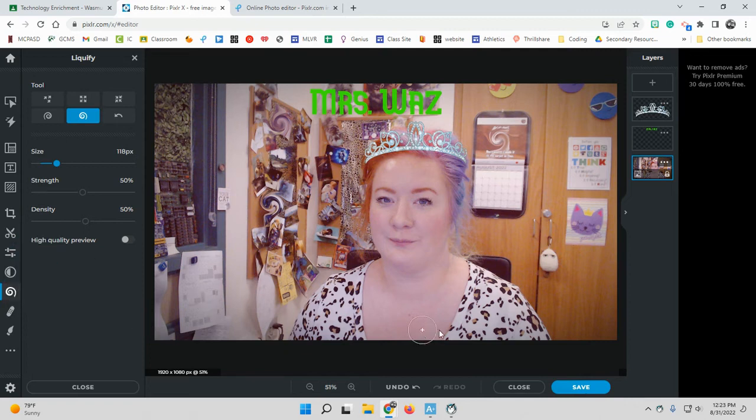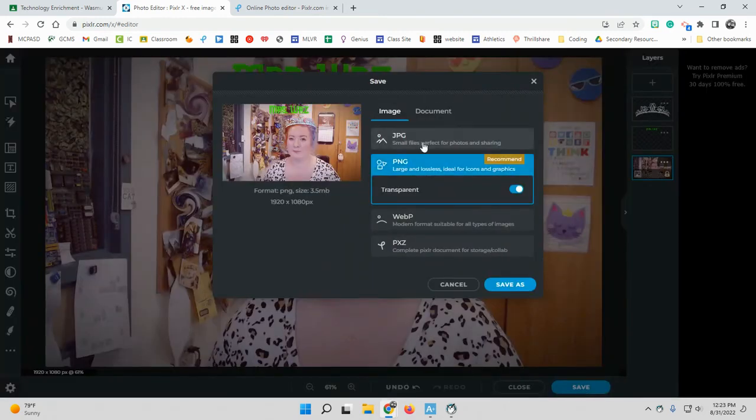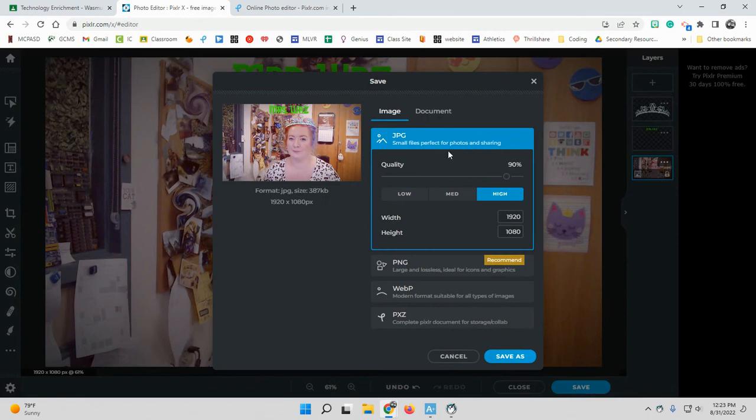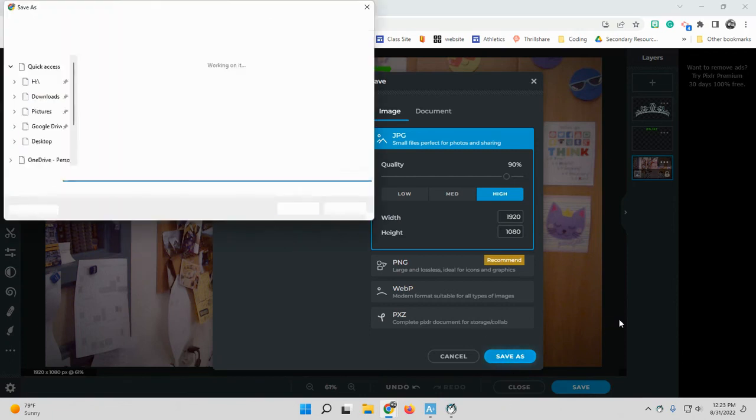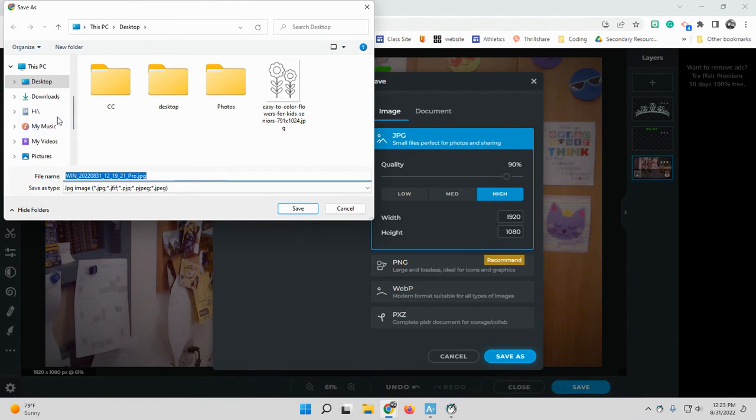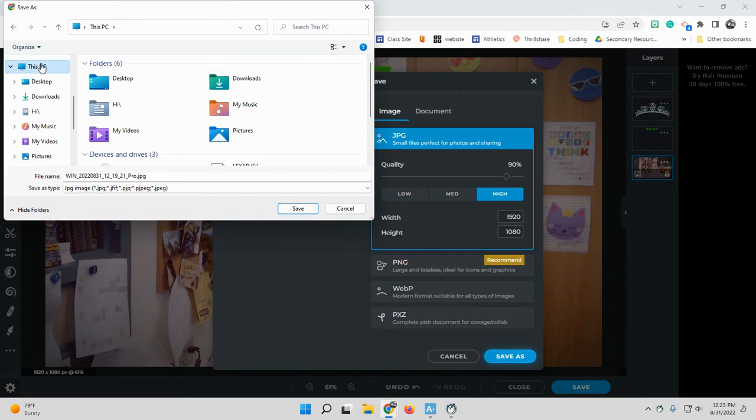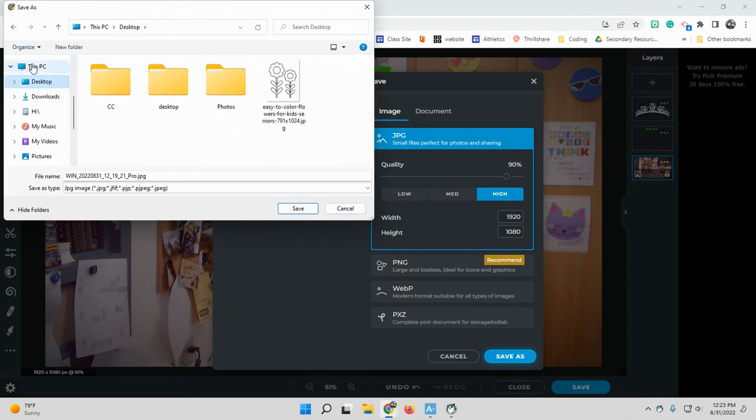Once you're good with the picture you have, you go ahead and click save. And the recommended one is a JPEG. So JPG is a picture file. And I'm going to go ahead and click save as. And here's where I want you to make sure where you save it. Go to this PC and go to desktop. Right? This PC and desktop. Then I'm going to change this to name it Selfie